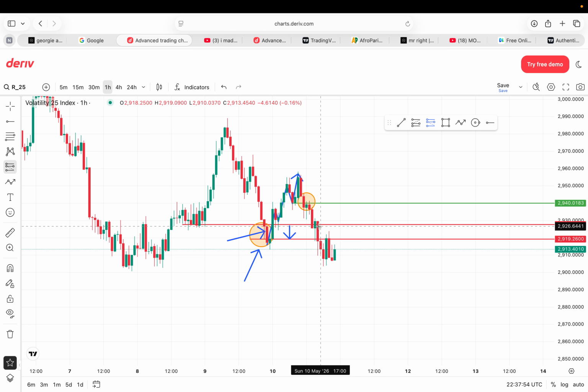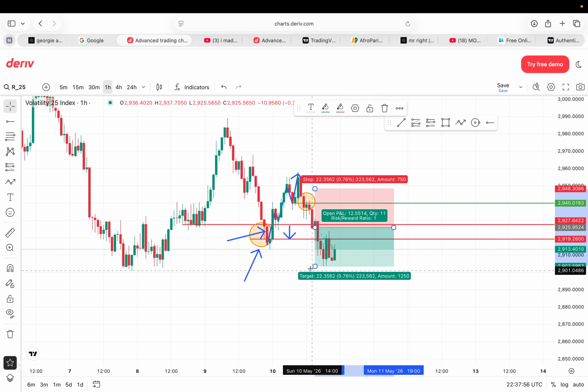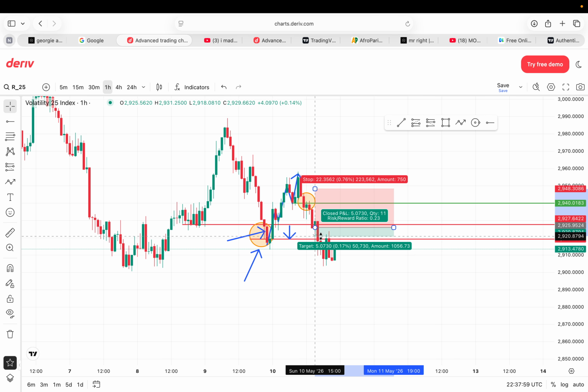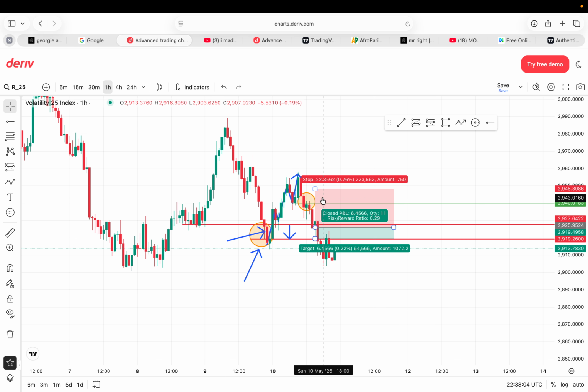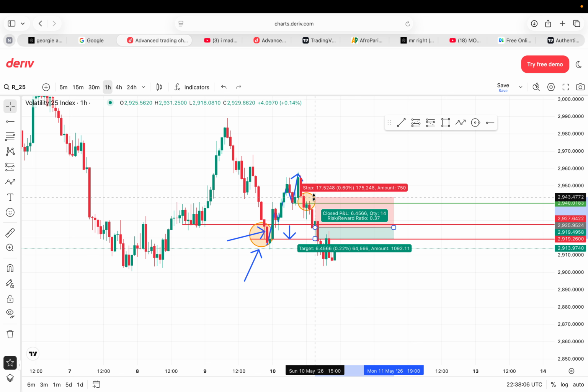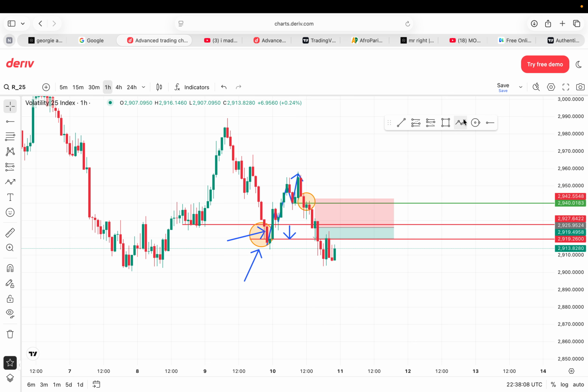I know that doesn't make sense, but it may or may not happen all the time. Be aware that the market might do something like this after closing inside this zone. The market might give us some small pullback before it actually drops down. So always have in mind that the market might play around this zone, but if it closes above the last high here, which is this circle area, just know that the market has turned